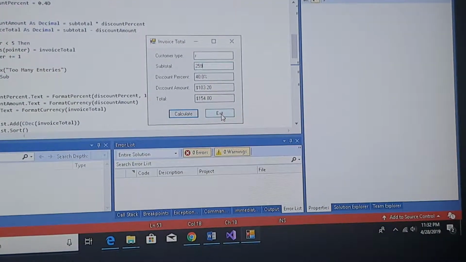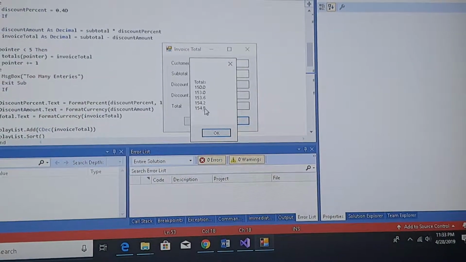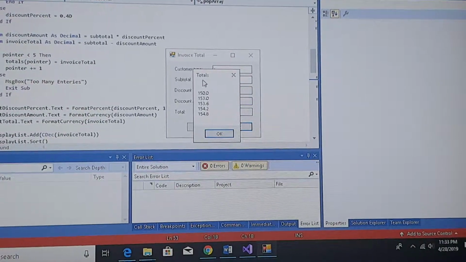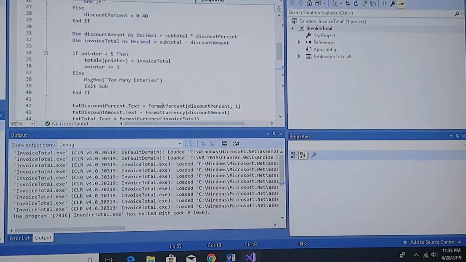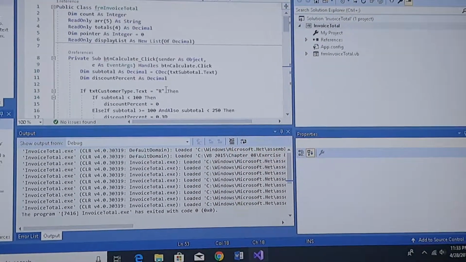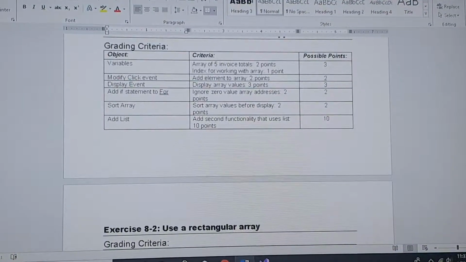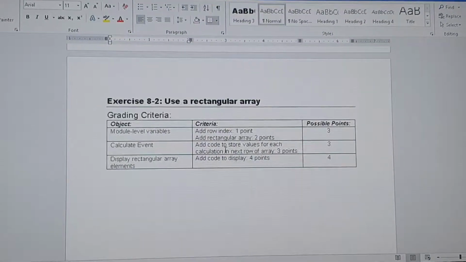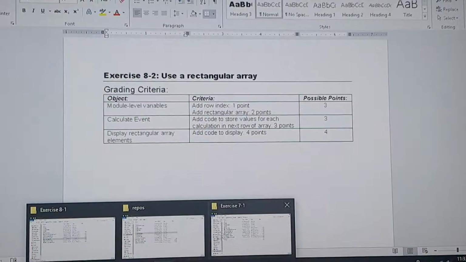Hit exit, and then it asks for 2 pop-ups. One's the array pop-up, which I just gave a little title. And then the second one is the list pop-up. Both of those populate. And so, yeah, add list. So I did that one. And then we'll go to the